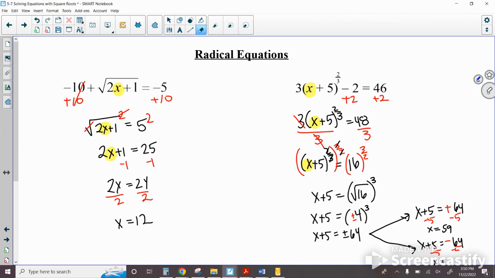Sorry, brain fart moment. So negative 69 is the final answer there. Okay, so there you have it. Radical equations and